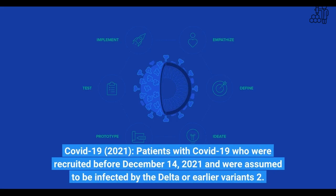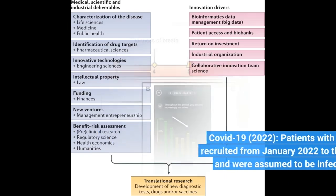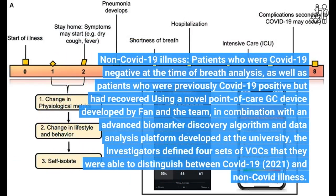COVID-19 2021: patients with COVID-19 who were recruited before December 14, 2021 and were assumed to be infected by the Delta or earlier variants. 2. COVID-19 2022: patients with COVID-19 who were recruited from January 2022 to the end of May 2022 and were assumed to be infected by the Omicron variant. 3. Non-COVID-19 illness: patients who were COVID-19 negative at the time of breath analysis, as well as patients who were previously